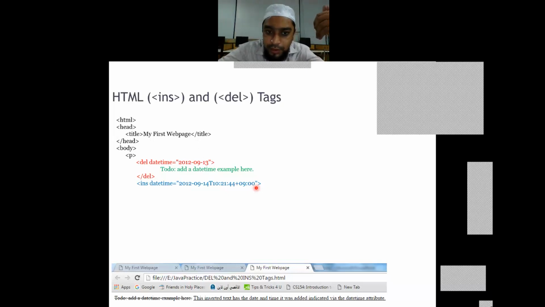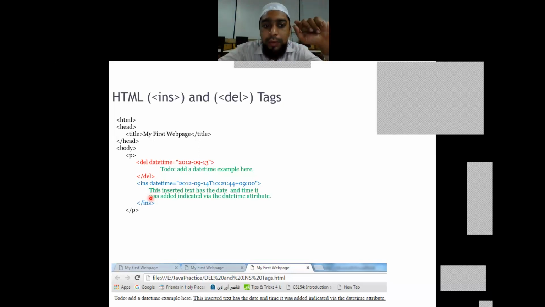Greenwich time is 000, and Indian time will be 5 hours more than Greenwich. We have got certain international standard changes, so that entire timestamp can be added. So this green block, two lines, are the ones which we are inserting in the website. Just to attach at what date and time something was deleted or inserted, we'll be making use of the del tag or the ins tag.